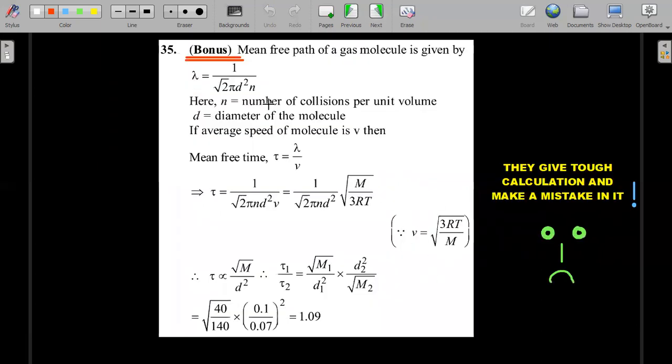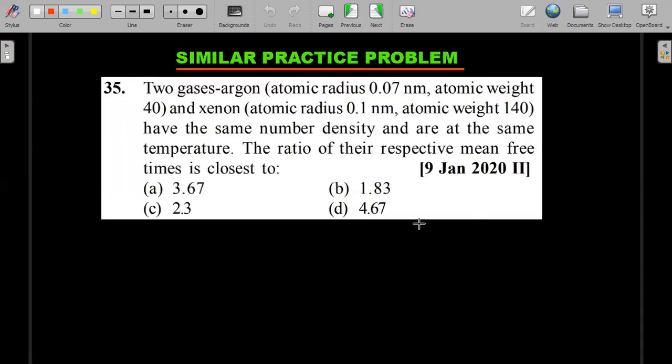So this was a bonus question. Just imagine the state of mind of a student who would have gone through all this difficult calculation and arrived at this. He would have actually doubted his calculation. They give a tough calculation, they make a mistake in it and they say bonus, but the student who has lost time and also got into a tense mood because their answers are not matching with any of the 4 options, that is irreplaceable. So my suggestion in such questions is, when you practice the questions properly, you should